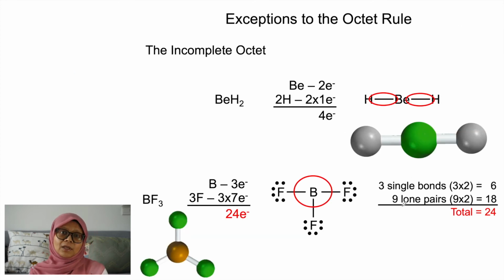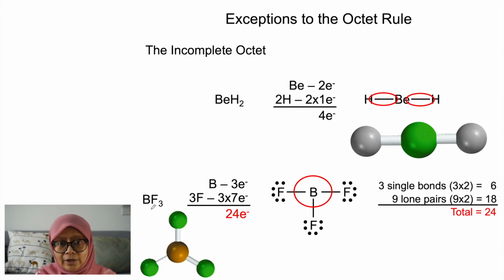Then we go to the exceptions to the octet rule. First thing is the incomplete octet. Usually these focus on beryllium and also boron. Anything with beryllium and boron, why? They do not follow the octet rule, they actually follow the incomplete octet. So for beryllium, from this Lewis structure, we can see only 2 bonds surrounding the beryllium, and then